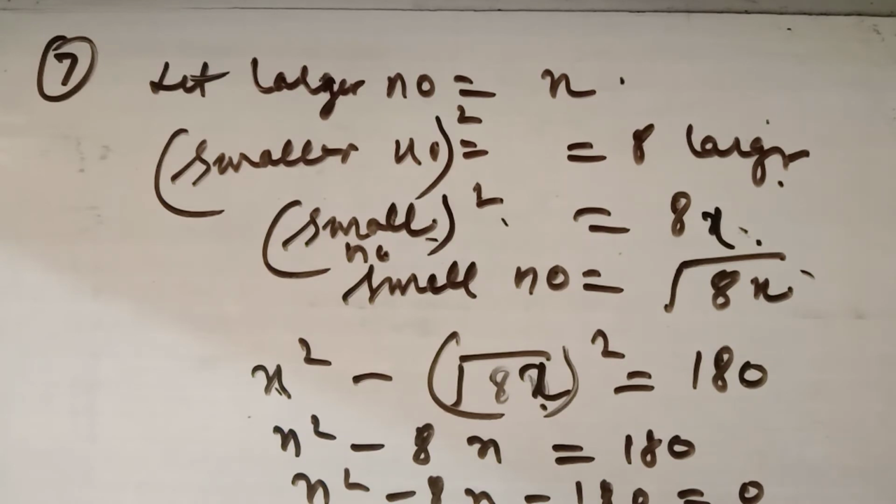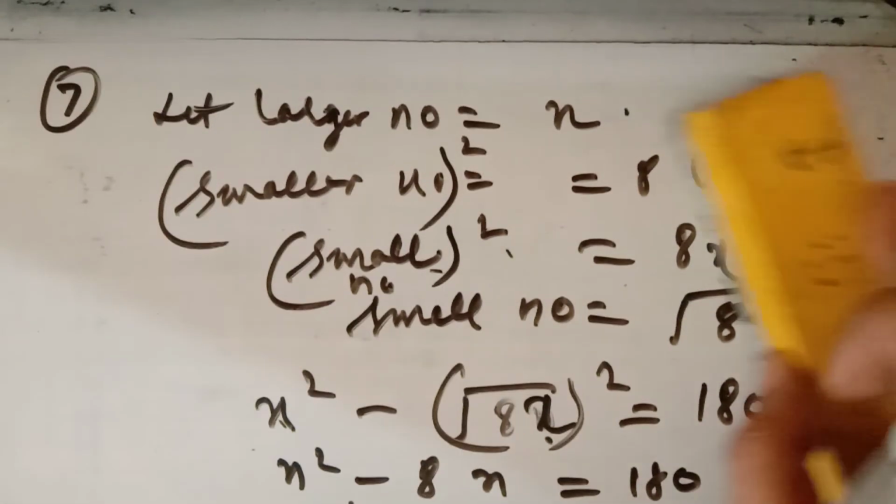Now after that, it is an important question which is based on the speed of the train, which we have done in the last exercise also. There we have made only the equation, and here we have to solve the equation also. So question number 8, read it very carefully. The train travels 360 km at a uniform speed. If the speed would have been 5 km per hour faster, it would have taken 1 hour less. If the speed is more, the time will be less.